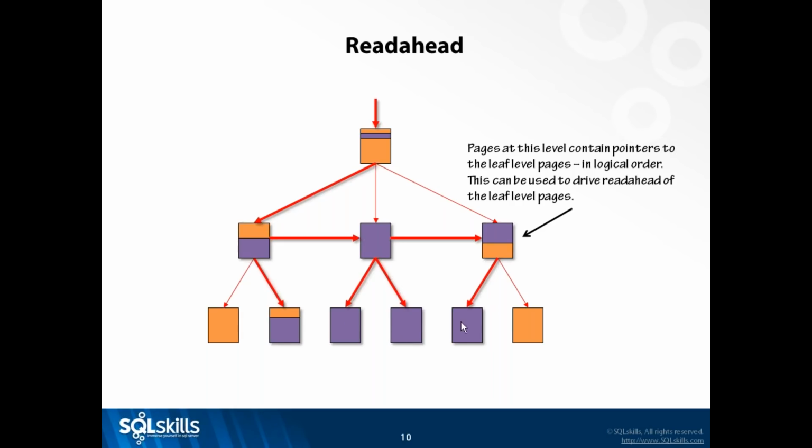As the thread is scanning across here, there's also a scan happening up here. The way an index works is these pages at the level above the leaf level have a list of all the pages in key order. And so the page IDs of those pages can be used to drive pre-reading these pages into memory. Okay? That is called reading ahead of the scan point, or to shorten it, read ahead.